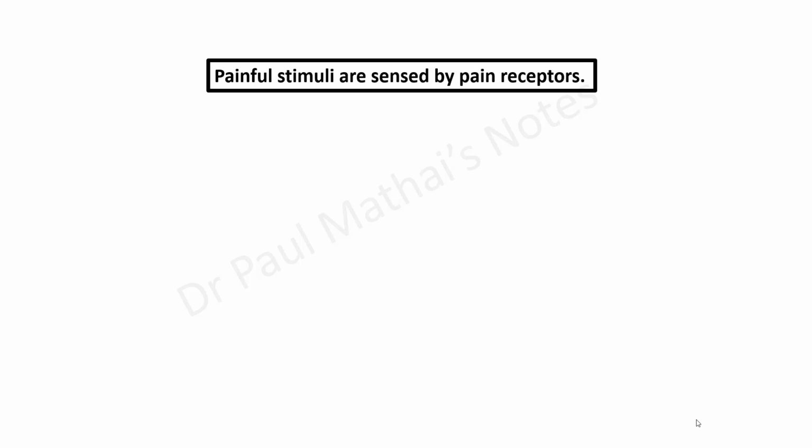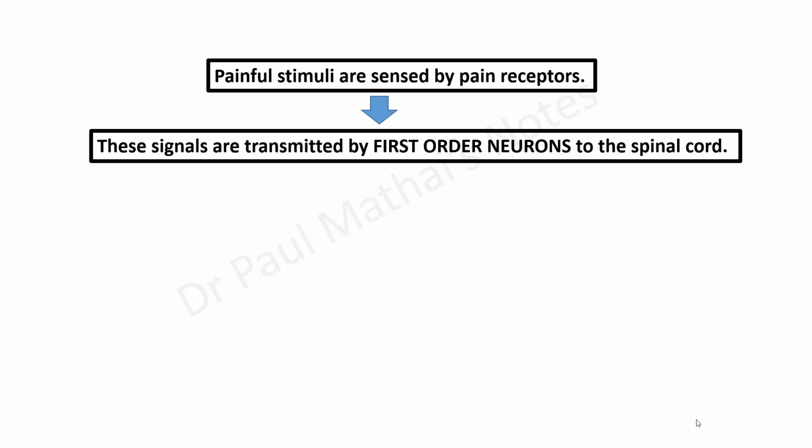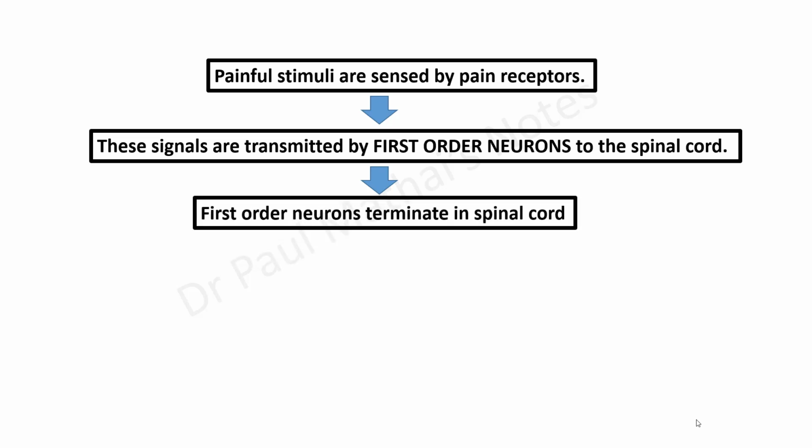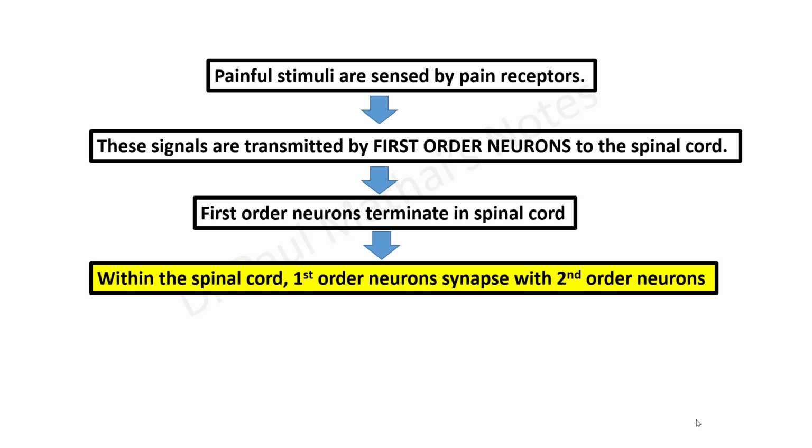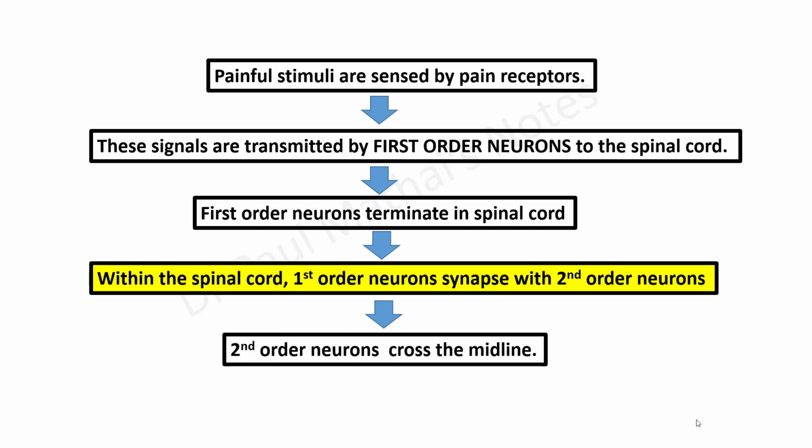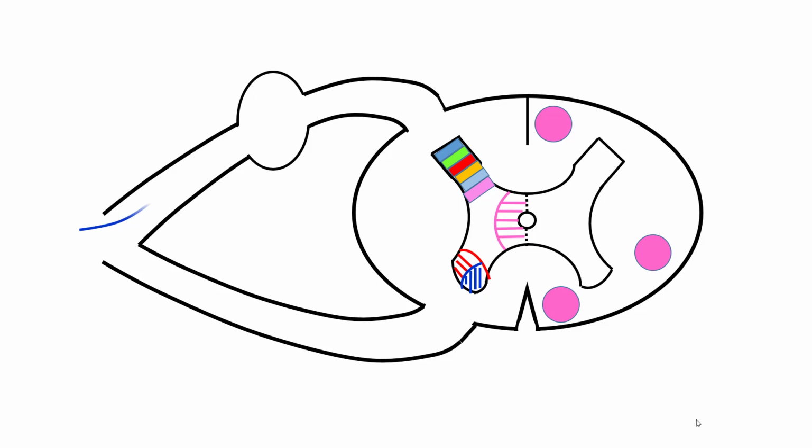We know that the human body contains pain receptors, and these pain receptors sense painful stimuli. These signals are transmitted by first order neurons to the spinal cord, and these first order neurons terminate in the spinal cord. Second order neurons emerge, and these second order neurons synapse with the first order neurons, and they cross the midline. So this is how it goes. So this is the first order neuron,